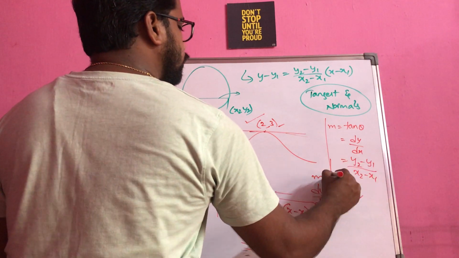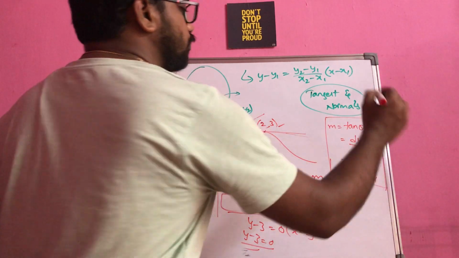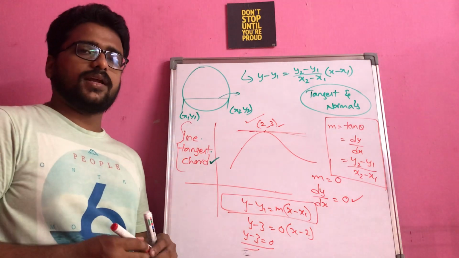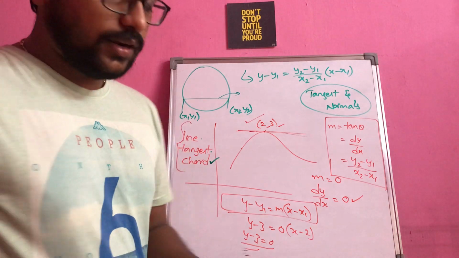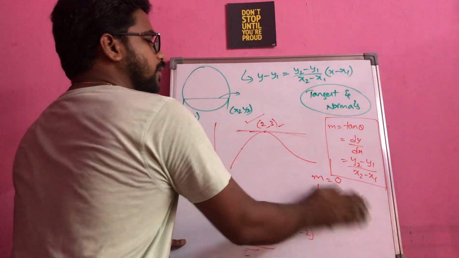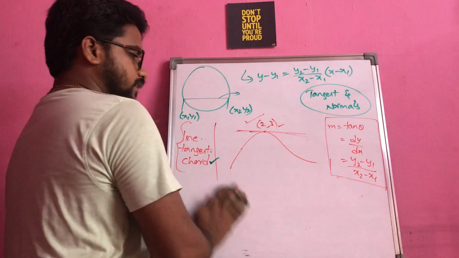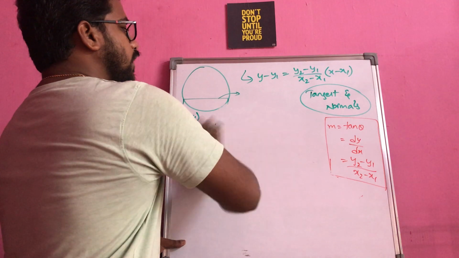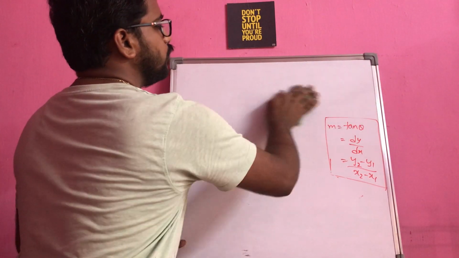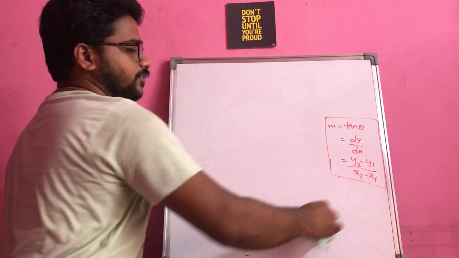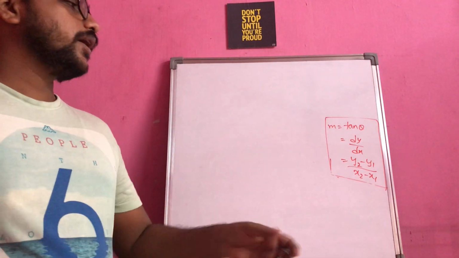So these are all the few definitions that you have with respect to the slope of a given line, right? So according to the context or the given information, we are going to make use of any of these formulations. That means if I give you the inclination of a line with respect to the positive direction of the x-axis, I will go for m is equal to tan theta for finding the slope. If I give you points, then this one.